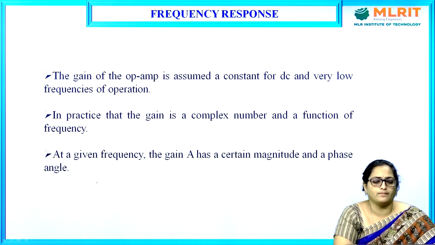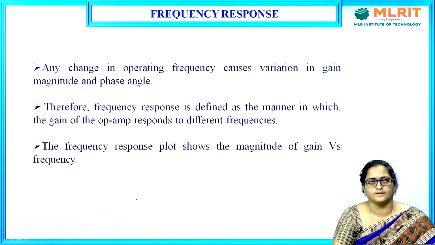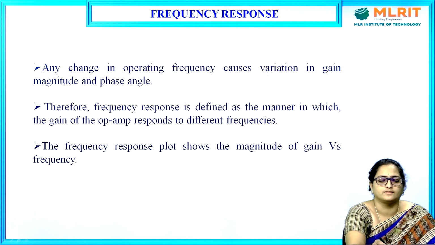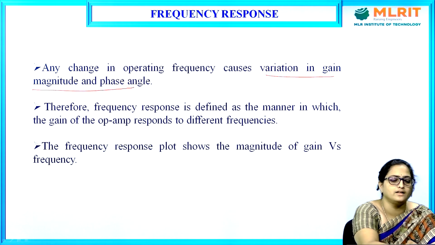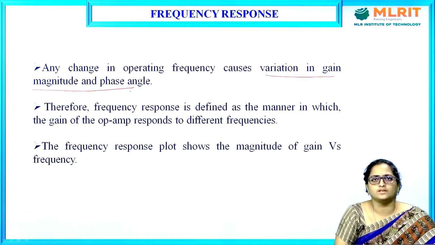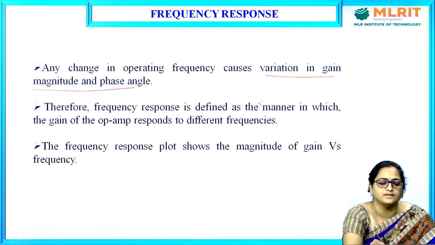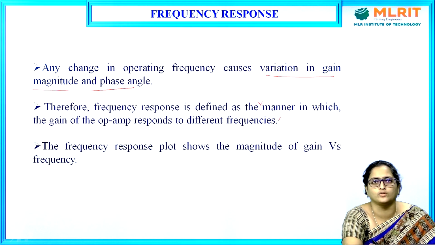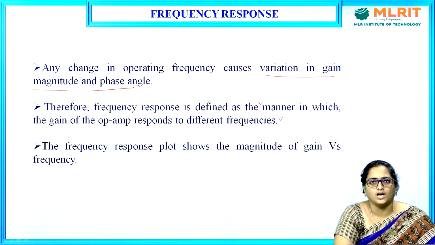The gain of an op-amp is assumed to be constant for DC and very low frequency of operation. In practice, the gain is a complex number and a function of frequency. At a given frequency, the gain A has a certain magnitude and phase angle. Any change in the operating frequency causes variation in gain and phase angle. Therefore, the frequency response is defined as the manner in which the gain of an op-amp responds to different frequencies, how the gain